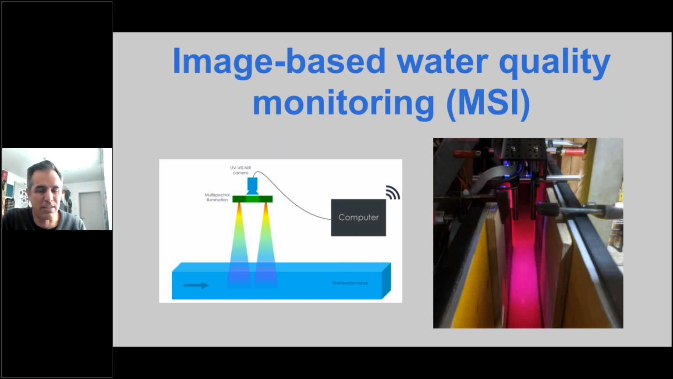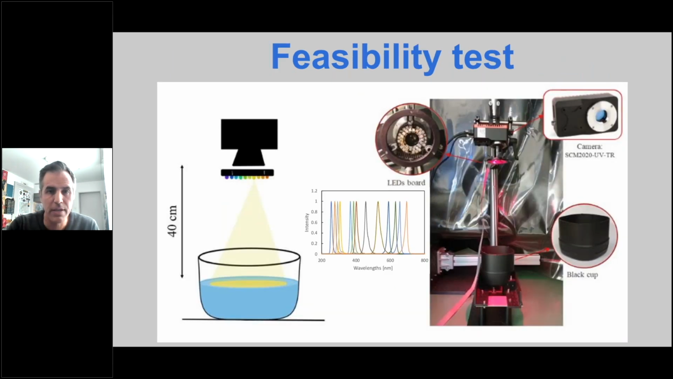So we are starting some tests to see if we can use a camera that is sensitive from the UV to the visual spectrum, and we are using an active multispectral illumination. This is very much in the feasibility stage. In a laboratory, we did some tests to see if we could measure turbidity and the COD. We just took a very small cup with artificially made samples with different values of turbidity and COD. And we illuminated